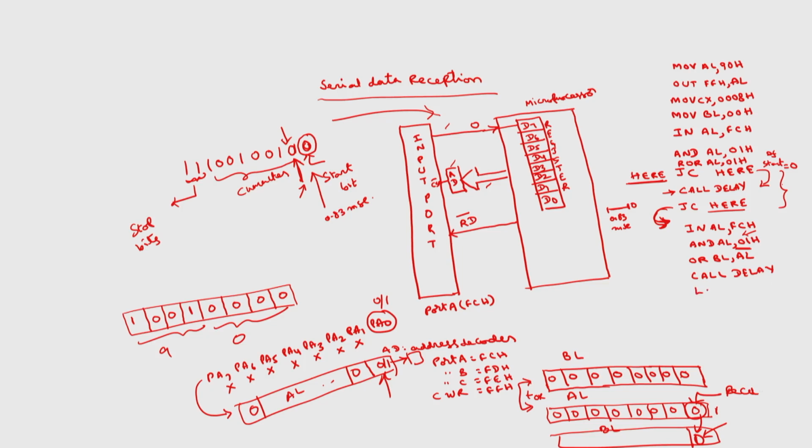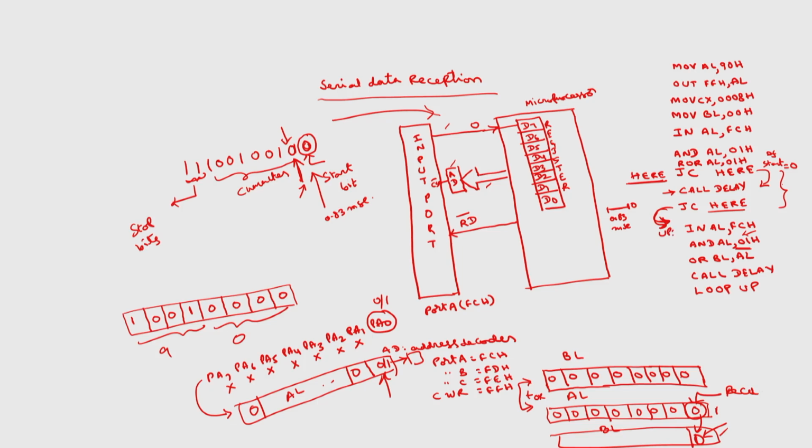Then I will decrement CX by 1, because I have already stored the first bit. So, in the loop, CX will be decremented by 1. CX becomes 7, so this is not 0, and it will go to the up label. Where should this up label be now? The second bit received has to be checked now, so the loop-up label should be here.